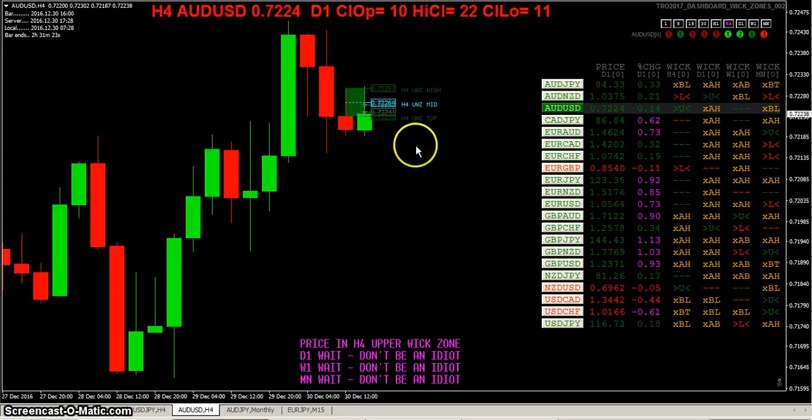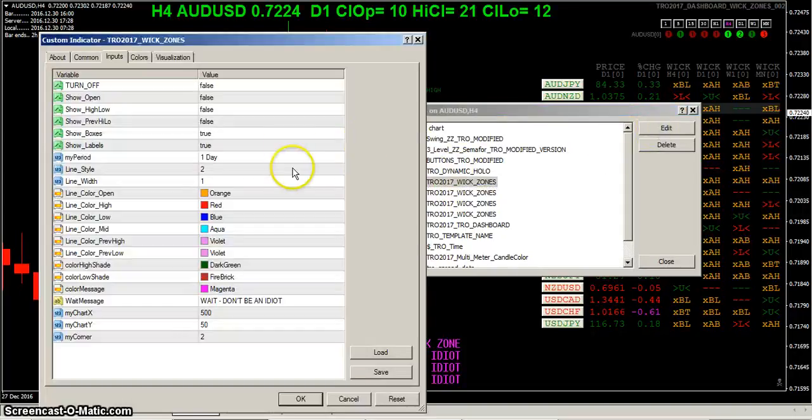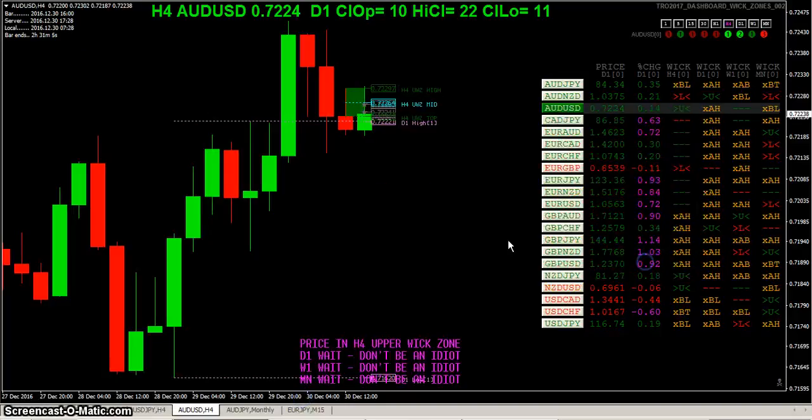And also you can turn on the previous candle's high low. Right there, previous high low, you can set that to true. And this is on the daily. So you can see here, it'll show